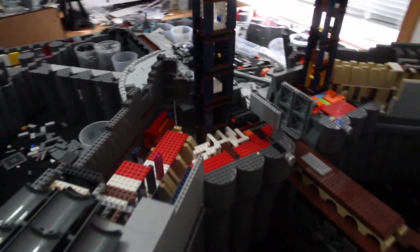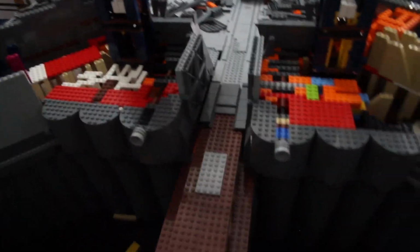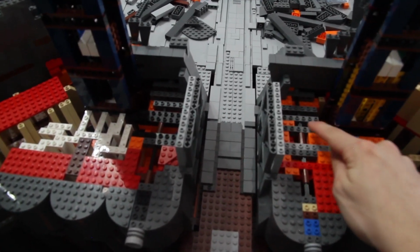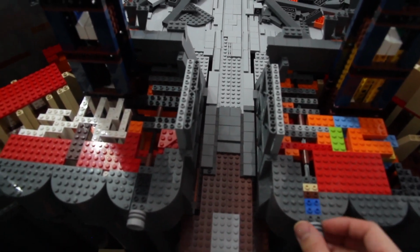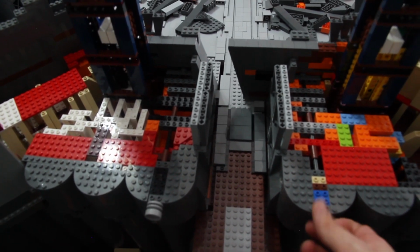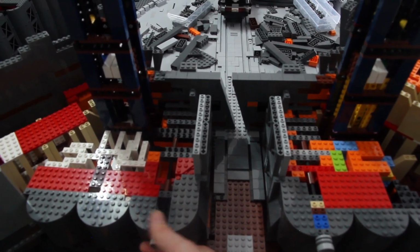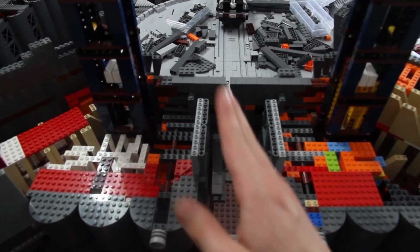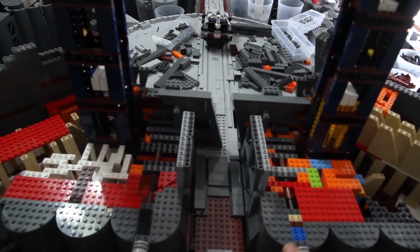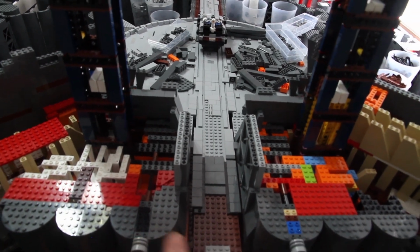Alright, so just a quick update of what I've been doing here. I want to show you guys back in here, just to look at this door mechanism. If you guys can't see, I have Technic bricks here, and then there's Technic beams, and what happens is you can rotate this, and it pushes the doors out. So I wanted to stay true to that Imperial architecture look and get that slant. It's those angles, and then again it's the V shape of the open door that really gets the